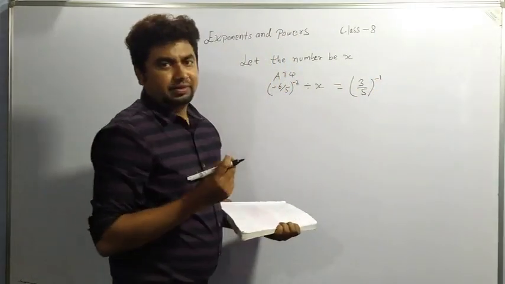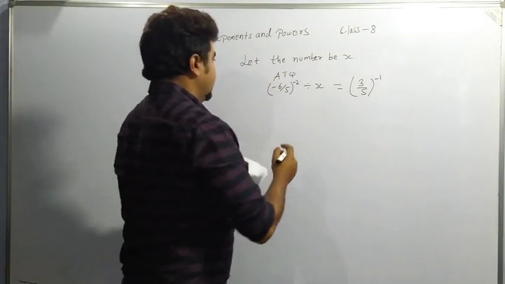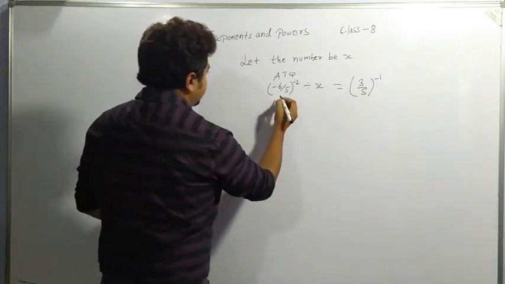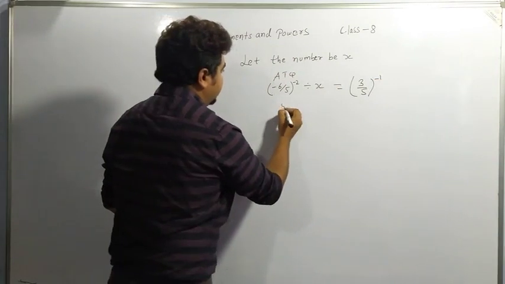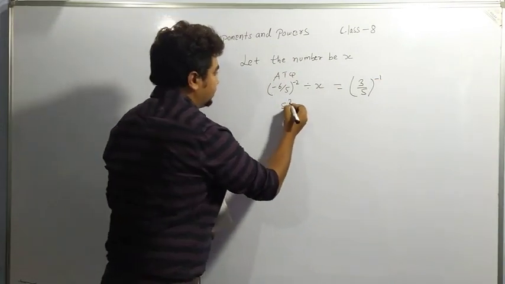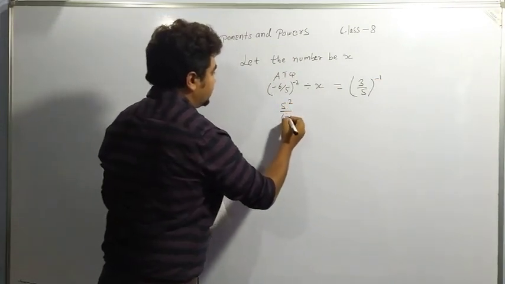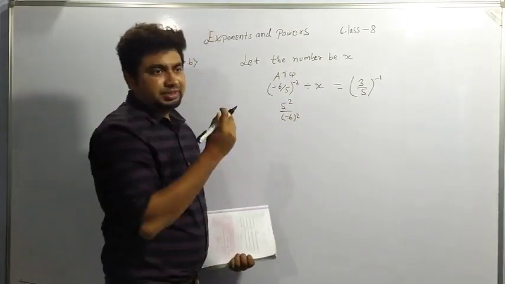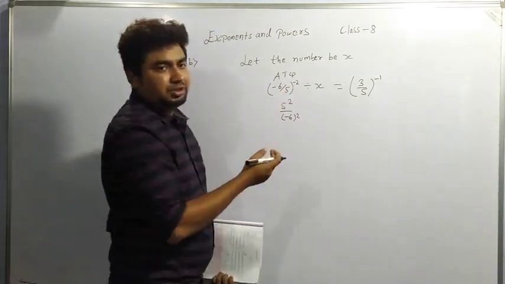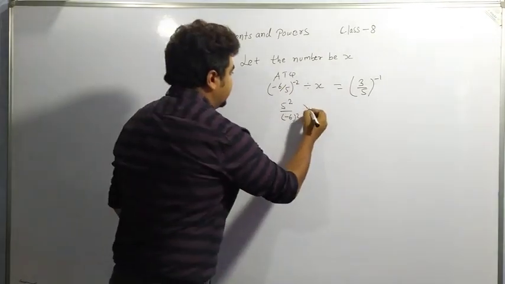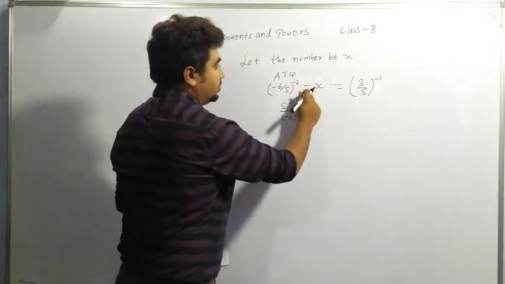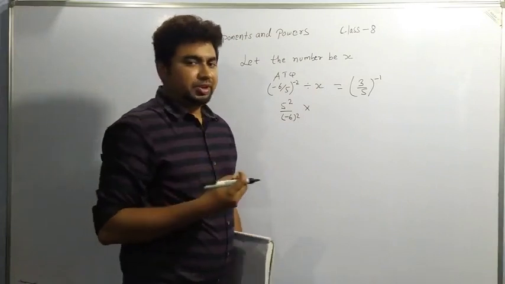So we are getting the equation. So we can write it as, again we can take 5 as numerator, 5 towards numerator. It will become 5 square by minus 6 square. We can change numerator as well as denominator. Minus sign will be removed by law. And again we can make, if we want to change division into multiplication.